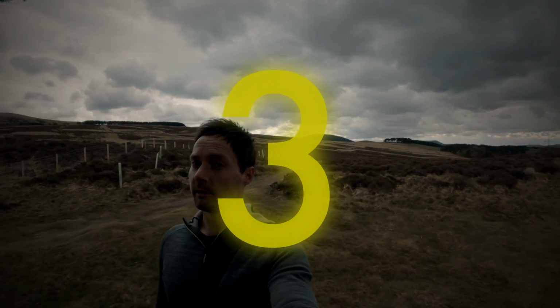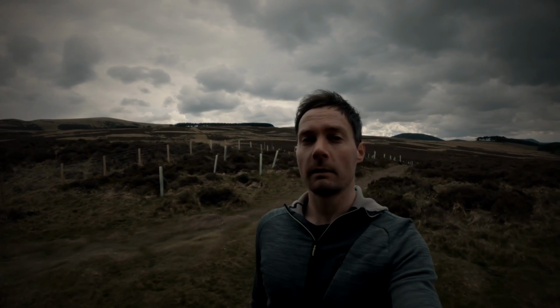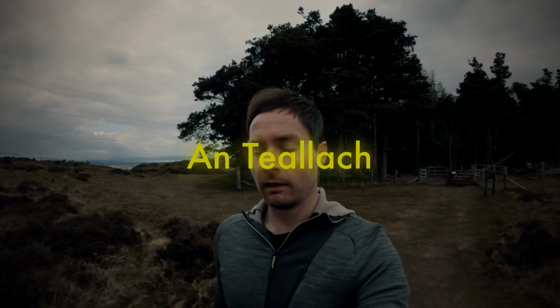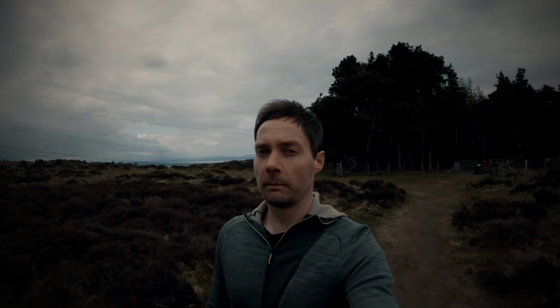Okay, breaking into the top 3 now, all getting pretty exciting. This is probably the most spectacular looking mountain in the whole of Scotland. Certainly one of the top 3 ridge walks in Scotland. And this is An Teallach, the mighty, magnificent An Teallach. I've been up there again. I've been up there in the winter, went up one of the gullies. I've never actually done the ridge proper, so it is very much near the top of my list to do